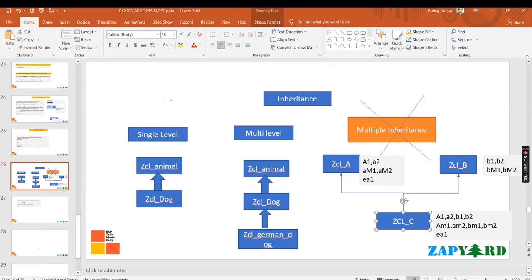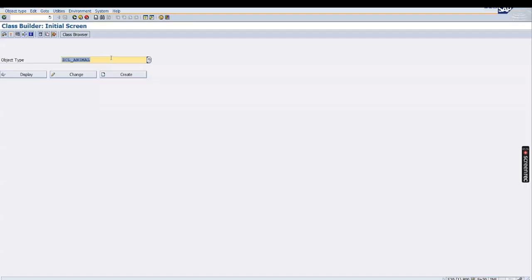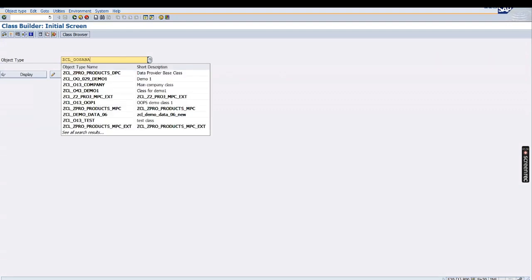Using the interface. Sandeep has given the answer. Using the interface. How is it possible? Let's go and see this one. So I'm going to create two quick classes. Come over here and we are going to create ZCL_OO_ABAP